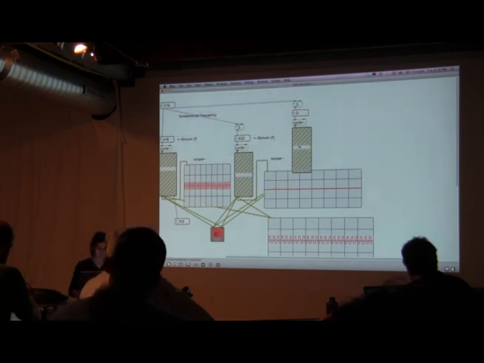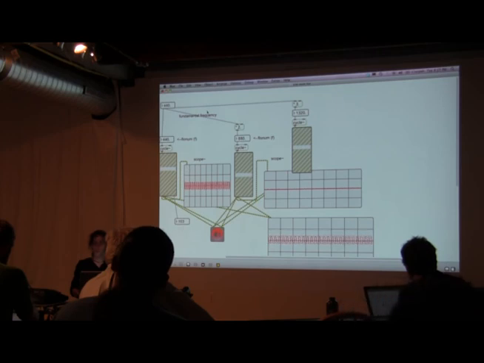Raise it up a little bit. 440. Right? And you're just building essentially the timbre like that. Now, the more precise you want to get with how many different partials you put in there,